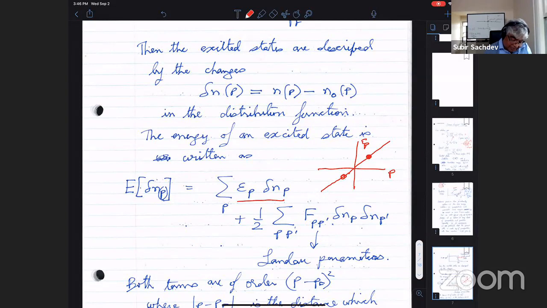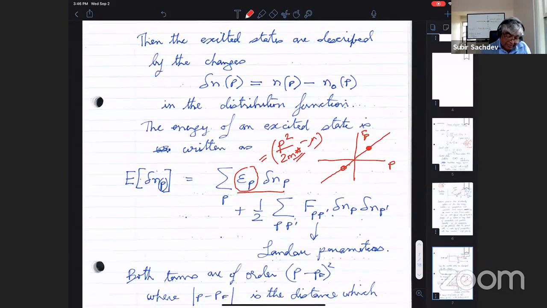So one thing the interactions will do, before I get to that point, is make this E_p some function, say something like p squared over 2m star. So it'll be some effective mass, called m star, of the quasi-particle. That comes from all this cloud of particle-hole pairs around it. So that's one relatively obvious change that interaction must induce. They just make the electron a bit heavier, usually, than you would naively think.